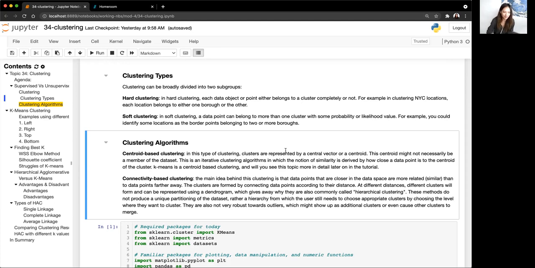And this gives away why they are commonly called hierarchical clustering. So these methods do not produce a unique partitioning of the data set, rather a hierarchy from which the user needs to choose appropriate clusters, by choosing the level where they want to cluster. We're going to talk about that more later. I know all of this probably sounds like gibberish right now. They're also not very robust towards outliers, which might show up as additional clusters or cause other clusters to